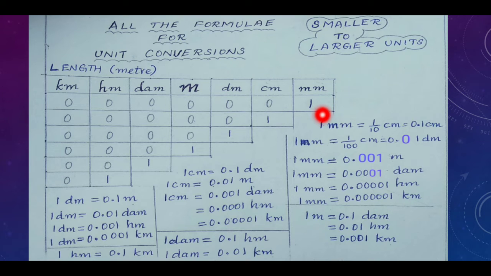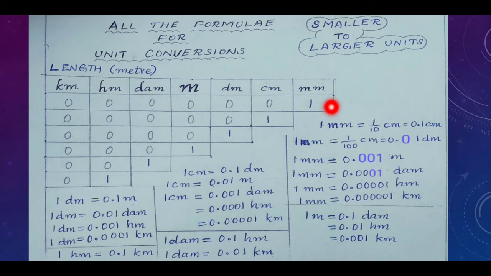Okay, then 1 millimeter is equal to how many meters? For that, we have to consider only these four boxes. We know that the decimal point is here while starting. So millimeter to meter is taking 1, 2, 3 steps. So start from here. We have to move the decimal point 3 places towards the left. So here you have to put the decimal point: 0.001 meter.